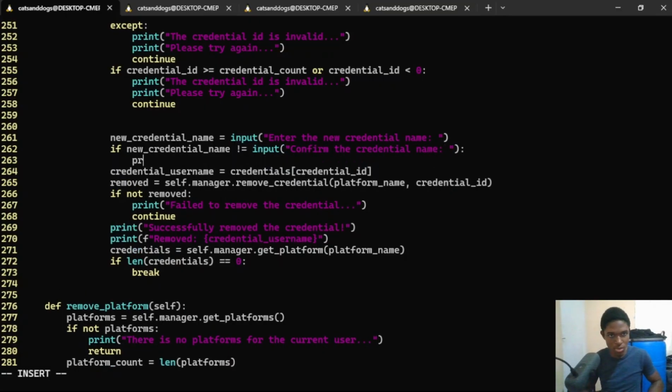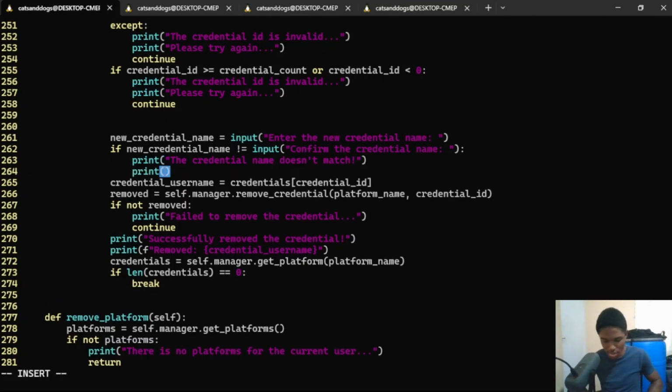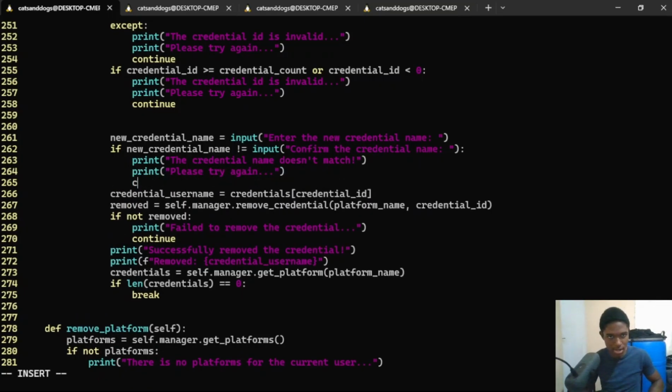Then we simply do print, the credential name doesn't match. Let's do an exclamation mark. We can say please try again. Then we can continue,